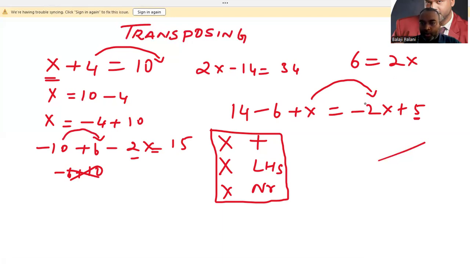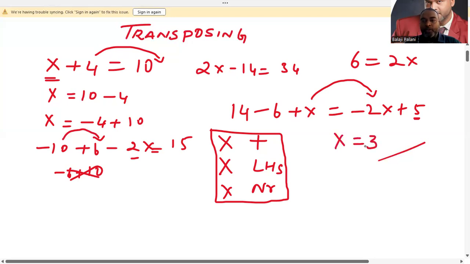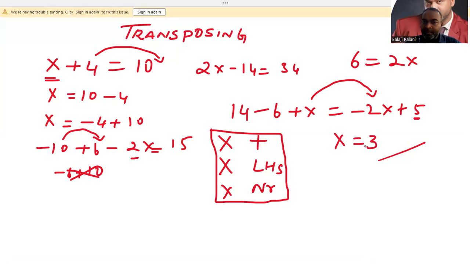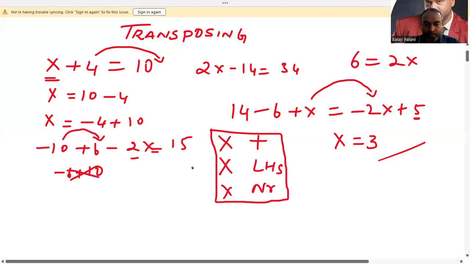So even if it is here, you don't have to transpose. Immediately you can write x is equal to 3. You have to be at this level of transposing. If you have this understanding, it is going to be easier. Mistakes will drastically be reduced. All right. So maintain this x to be positive, x on the left hand side, x to be in the